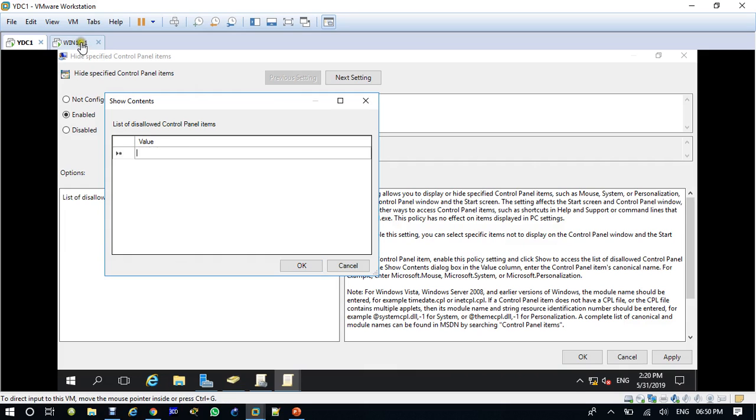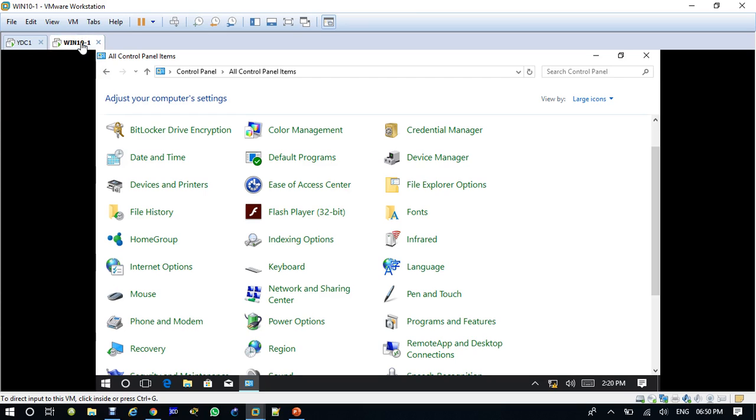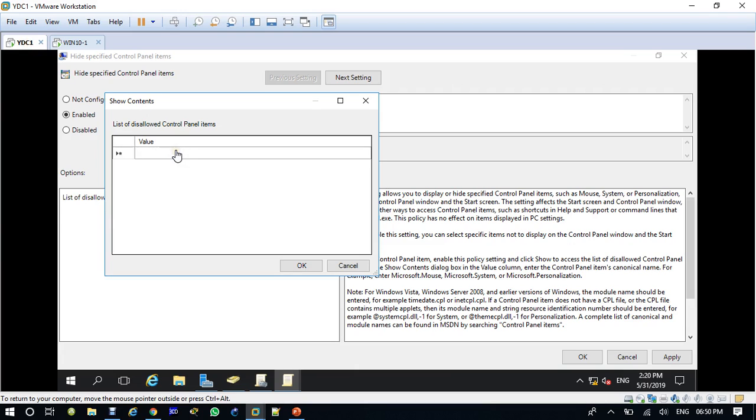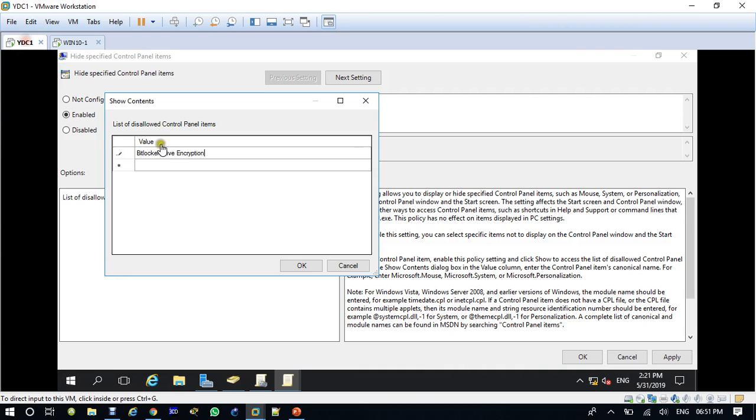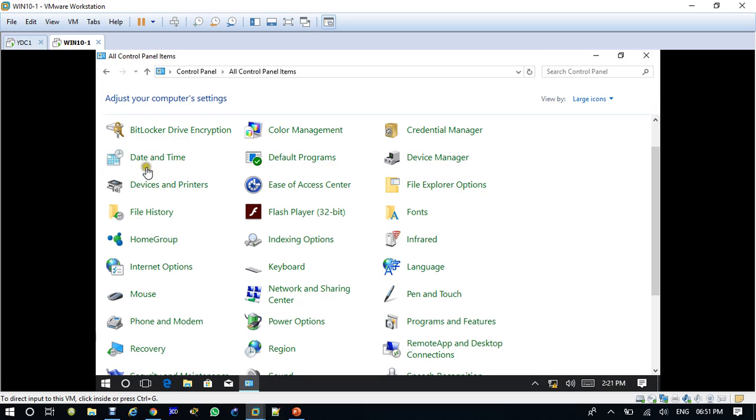So the first I'm going to write BitLocker drive encryption. It must be the same as BitLocker, L is capital here, BitLocker drive encryption.